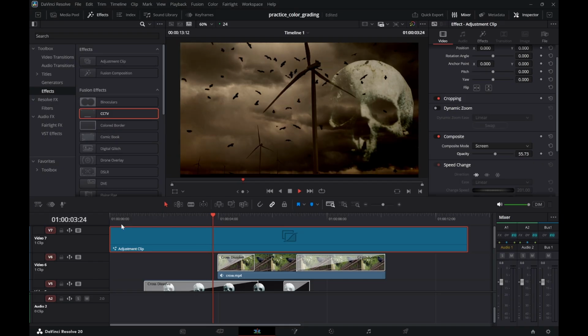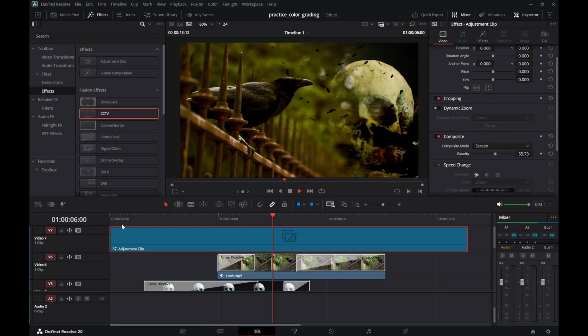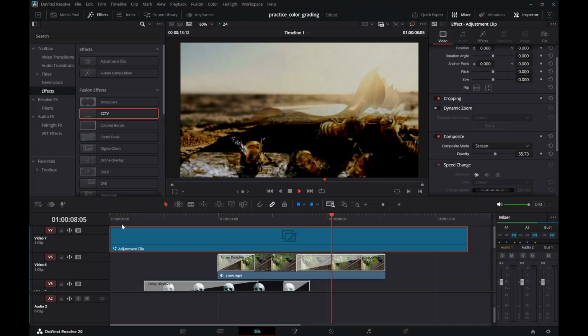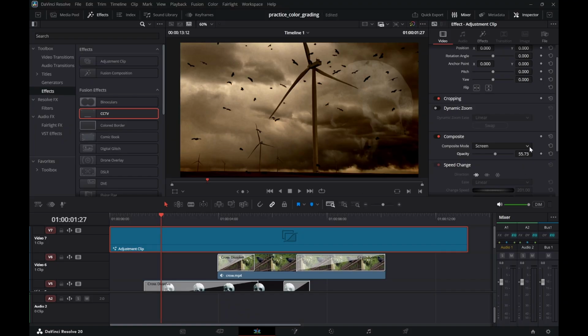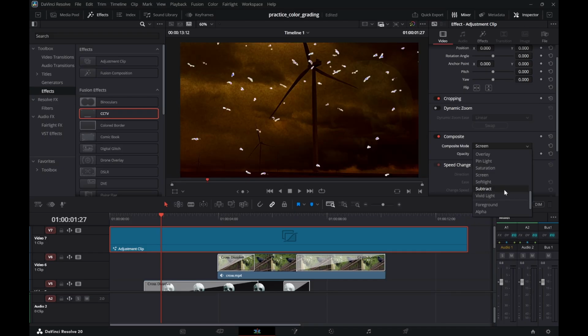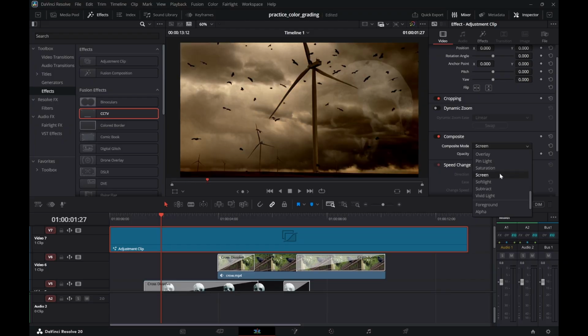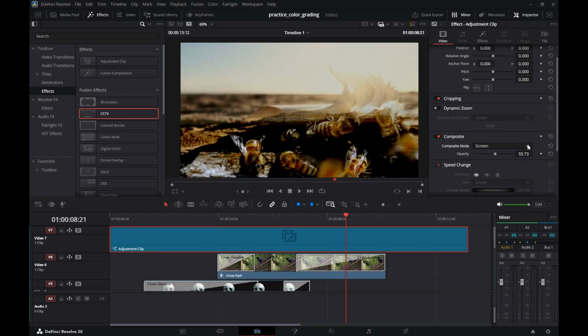It's there. It's very subtle, which is what I wanted. So I think I like that. I think I'm going to just keep that rather than muck around too much. I have a feeling if I go with a different composite method, I don't know what you call this, things are going to get weird, and I don't want to mess with too much. So yeah, I'm just going to go ahead and keep it screen,